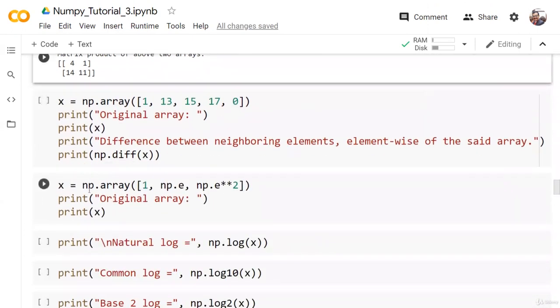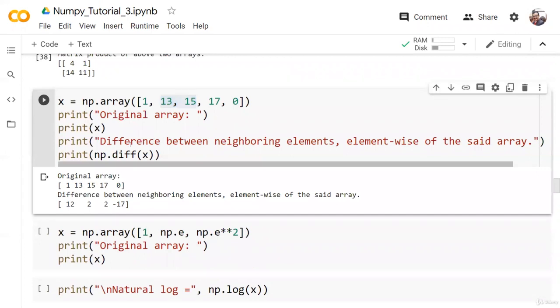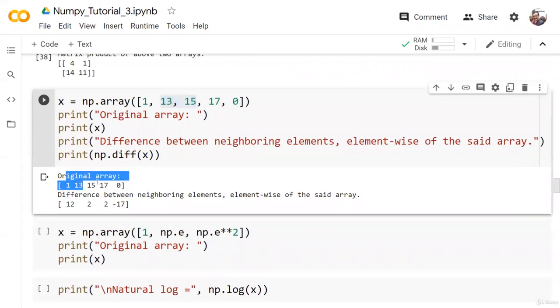Multiplication. Suppose I have an array like this: 1, 13, 15 and 17. I just want to find out the difference between them. So 1 and 13, what is the difference? 12. What is the difference between 15 and 13? That is 2 and so on. So you can find out the difference is 12, the difference is 2, the difference is 2, the difference is